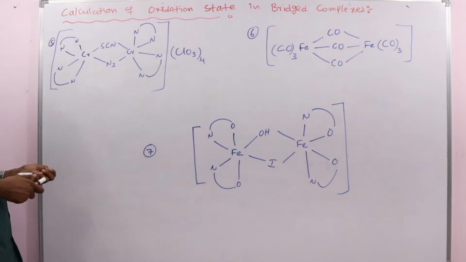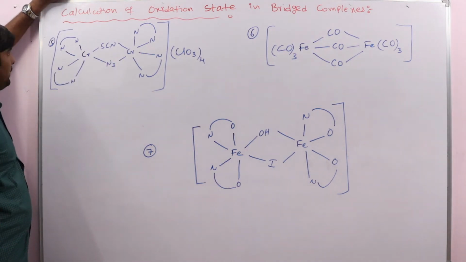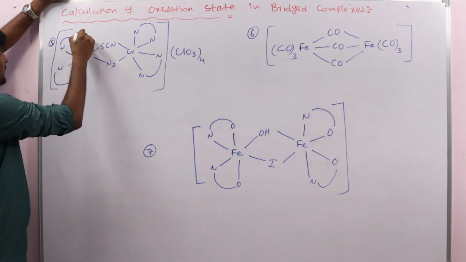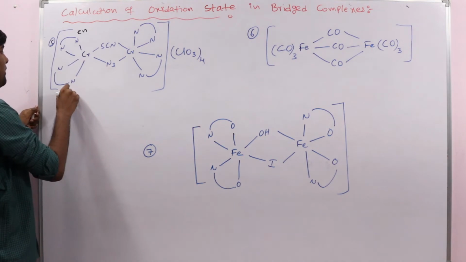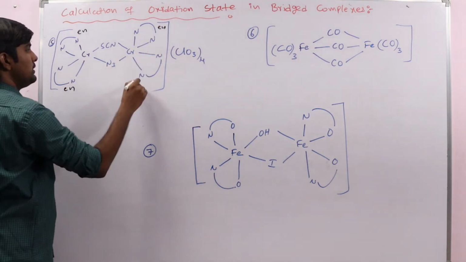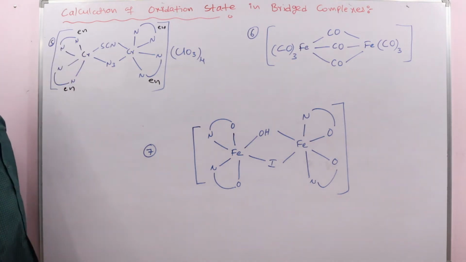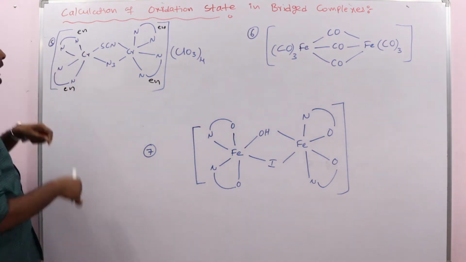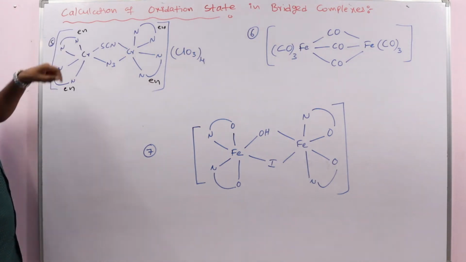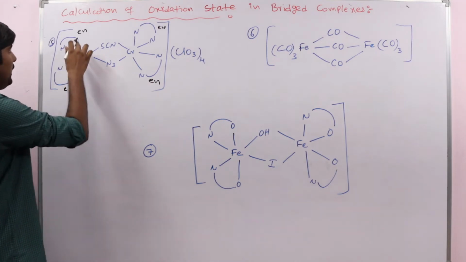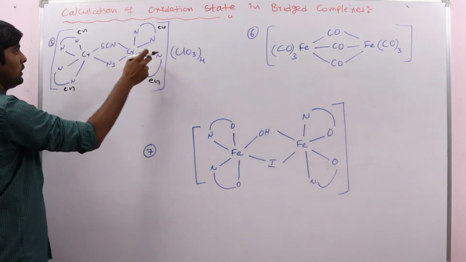See here, look at this complex. So chromium is the central metal atom. See here, this is nothing but ethylene diamine. Okay, so this ligand is ethylene diamine, En. Okay, so they will give in this way also, only they will indicate the donor atom in the ligand. So ethylene diamine is a neutral ligand, so we have total 4, 1, 2, 3, 4.